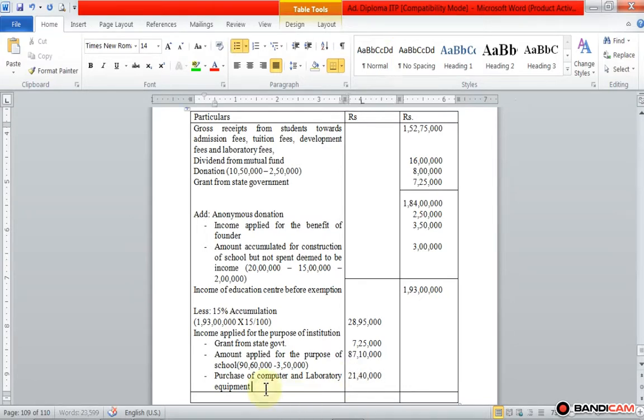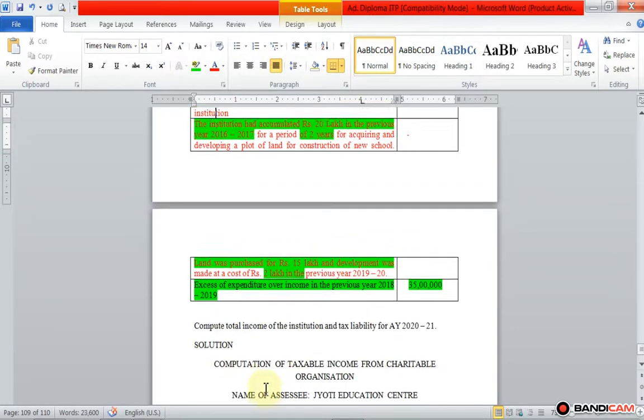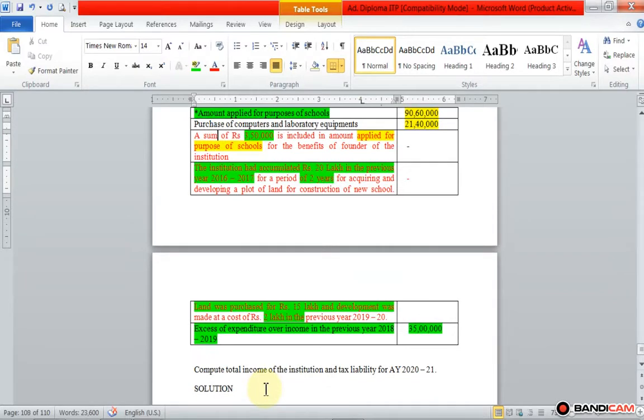Okay. Then another loss is given, red problem. Okay, so we make it red, so we consider this red information in computation of total taxable income. Okay, so here last information, that is